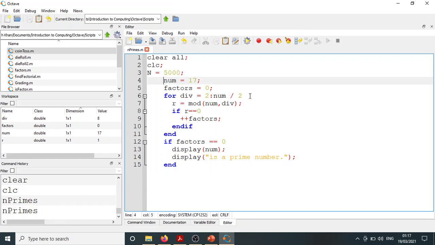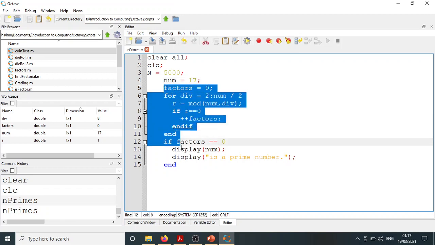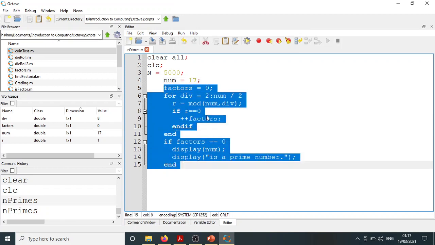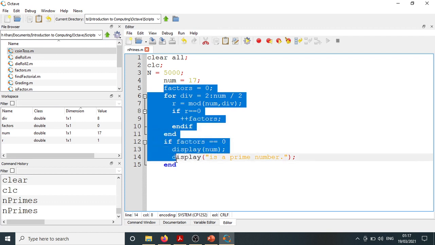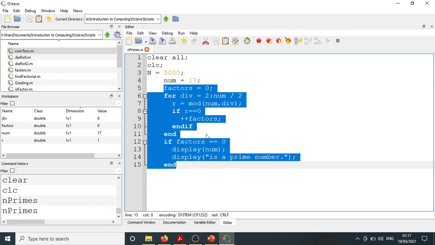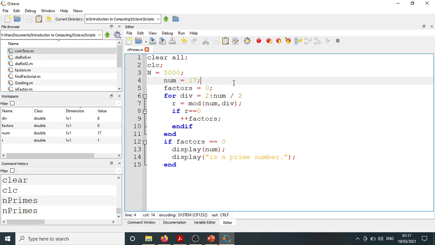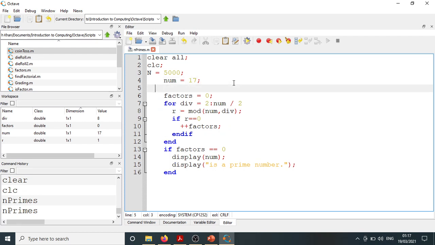तो हमने इसको थोड़ा सा मज़ीद मॉडिफाई करना है, यानी अब हमने इस पूरे कोड को रिपीट करना है बार बार, सिर्फ एक वैल्यू के लिए नहीं बल्कि बहुत सारी वैल्यूज़ के लिए। 2 से लेके 5000 तक की वैल्यूज़ के लिए हमने इस पूरे कोड को रिपीट करना है। जब भी आपने किसी कोड को रिपीट करना हो तो तब आपको लूप यूज़ करना है। ठीक है, तो अगर आप इस पूरे कोड को रिपीट करना चाहते हैं, so you need to use the for loop or while loop।